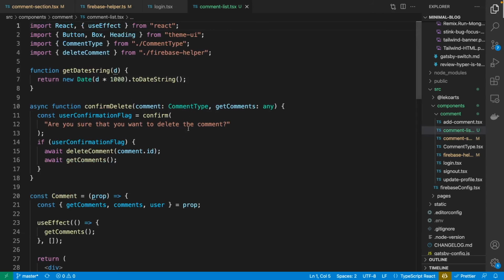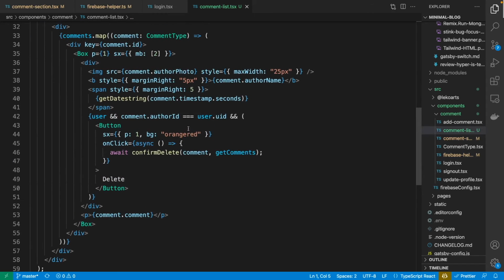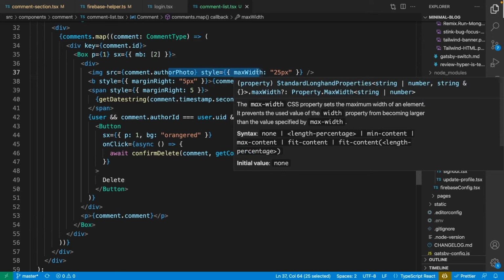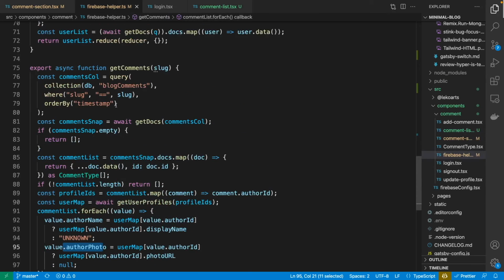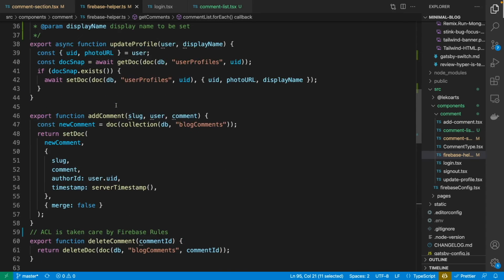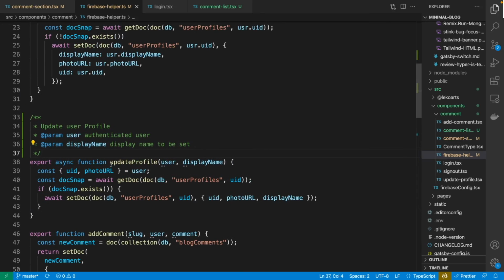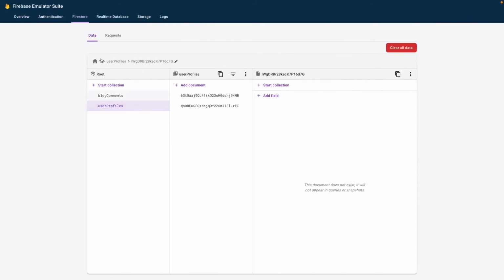And if you look at the comment list over here, I get the data comment. This is the actual comment, and comment author name and author photo. So that's that. And another method that I've added is update profile, although I'm not using this right now. But what we can do is, if we want user to be able to change their profile pic or something,